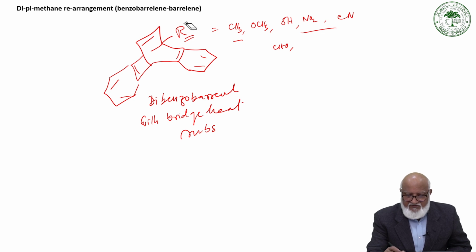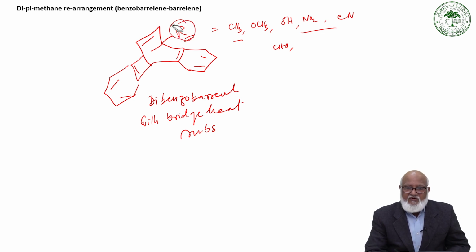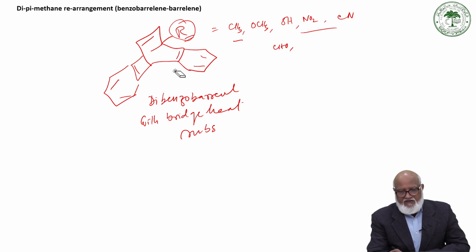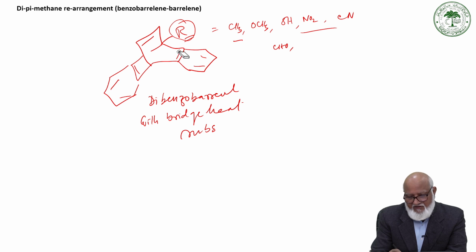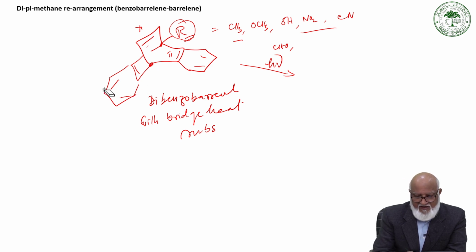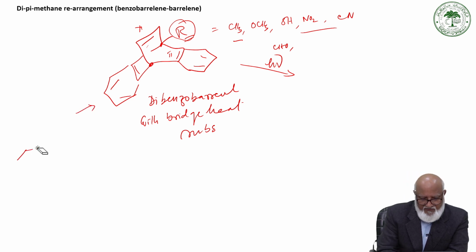And so just wanted to see what is the effect of these substituents on the di-pi-methane rearrangement, how these substituents are going to affect the rearrangement under photolytic condition, because one pi bond, another pi bond, substitute of methane group. So whether these substituents are going to be affected, or whether these two double bonds are going to be involved in this rearrangement. And this substituted dibenzoberylene can very well easily be synthesized from substituted anthracene derivative.